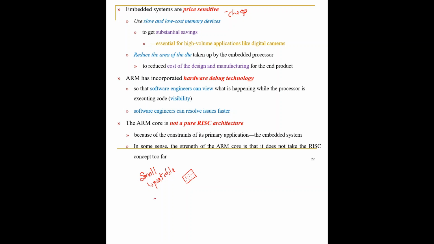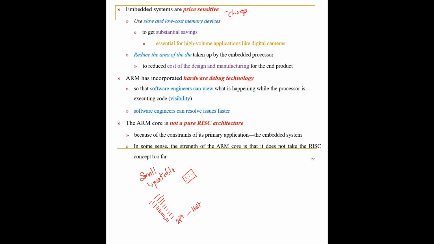That is, let me say you have written 100 lines of code. So after the execution of every line, this hardware debug technology will let the engineer or the designer see what is actually happening in the processor when that particular code is executed. This particular technology will help the engineer resolve the issue faster. For example, let us say that after executing somewhere around the 24th line, the system will come to a halt or the system will stop. If there is no hardware debug technology, my engineer has to go on checking line by line, or the code has to be checked.